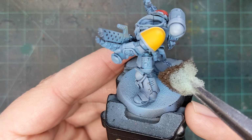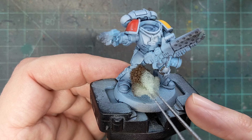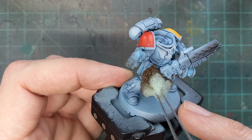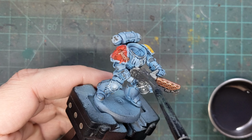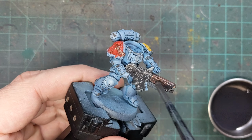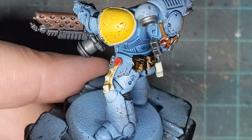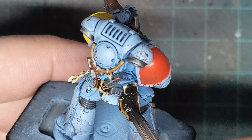And we move on to the sponge chipping. This is an old modeling technique stolen right from scale modeling. Just take a piece of foam, tear it off, dip it in some paint. Here I'm using burnt umber, and then sort of dab it around and it'll catch the high points of the model. Once that's done, I'll move on to things like washing my metallics,